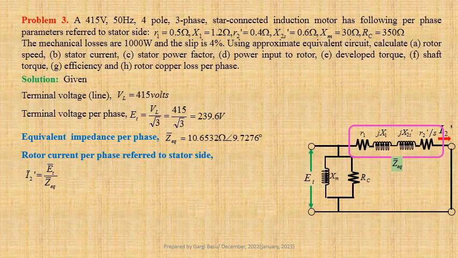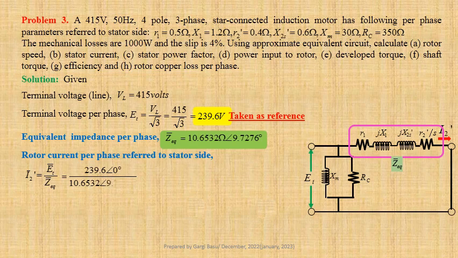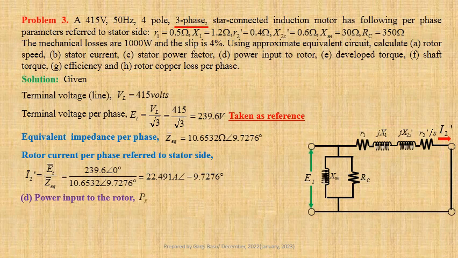Taking terminal voltage per phase ET as reference, we get I2' equals 239.6 at an angle 0 degree divided by 10.6532 at an angle 9.7276 degree. That gives us 22.491 ampere at an angle minus 9.7276 degree. For three-phase induction motor, power input to the rotor Pg equals 3 times I2' square into